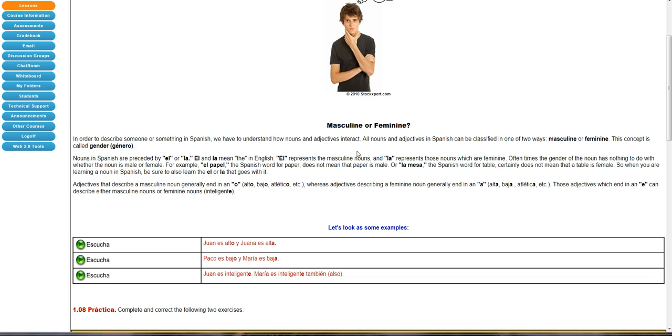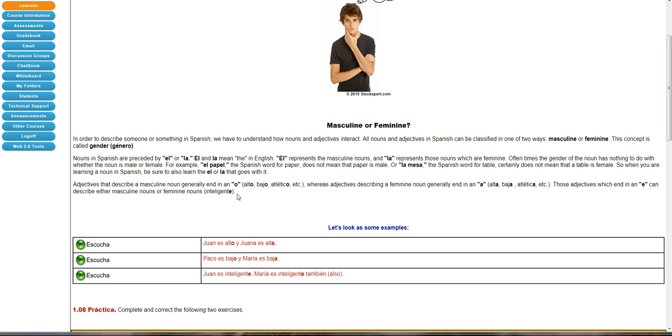So we need to know that because that's important for our adjectives, and because remember, an adjective needs to match in masculine and feminine. So if you were talking about a girl and she was pretty, you had to use guapa, right, with an A. And if it was a boy, you had to use guapo, for a boy. So this, however, also works with things, okay?